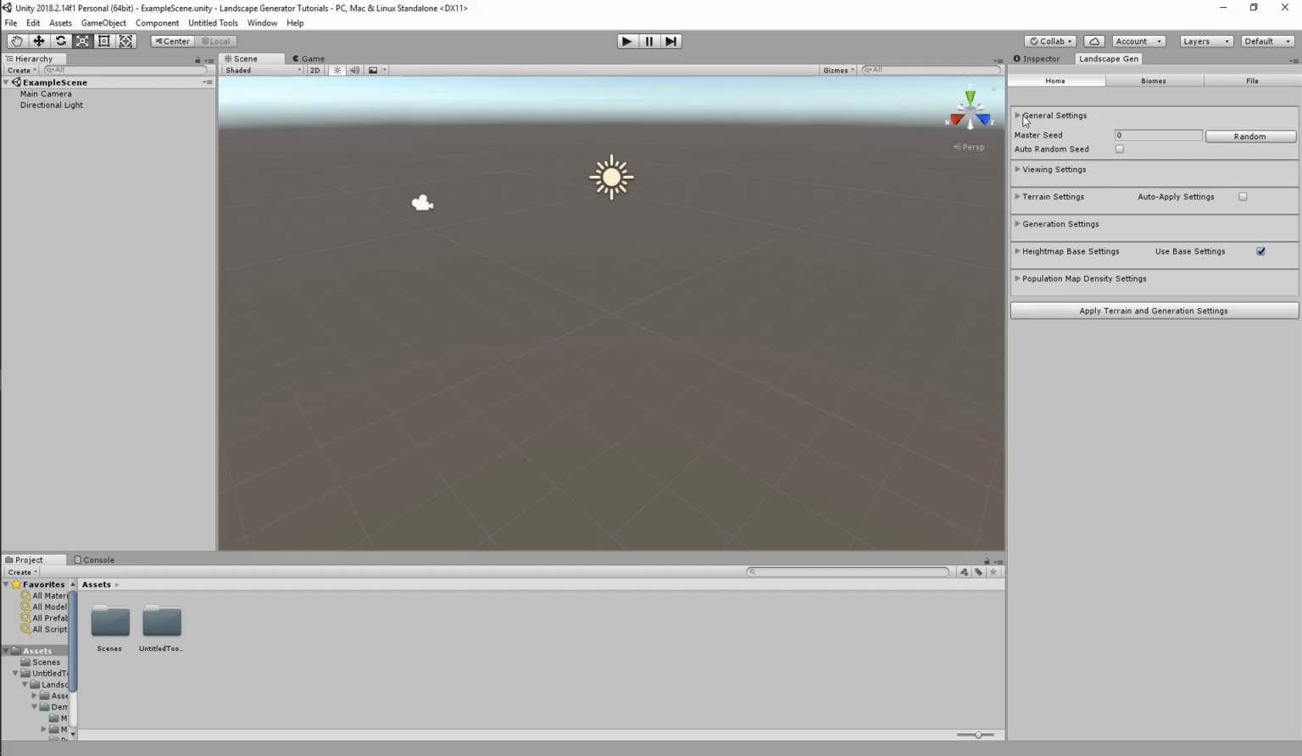So when you first open it, it has the general settings open. The general settings just have a seed value, and you can randomize the seed too. If you check this checkbox, whenever you generate a new terrain, it will randomize the seed, so you get diverse terrains. It's entirely seed based, so if you don't turn this on and you don't randomize it by clicking the random button,